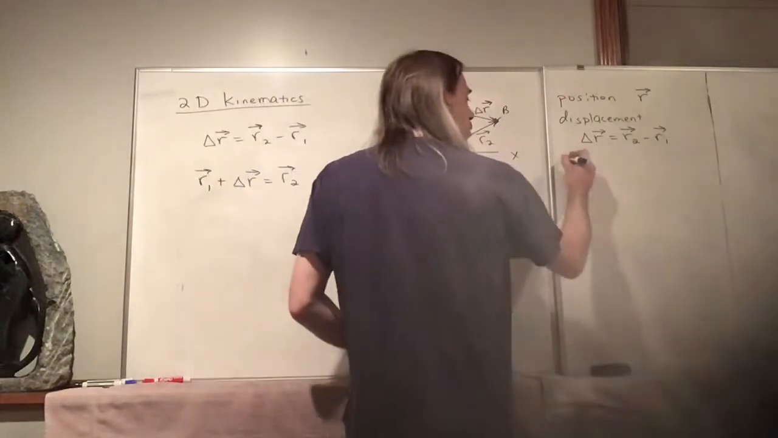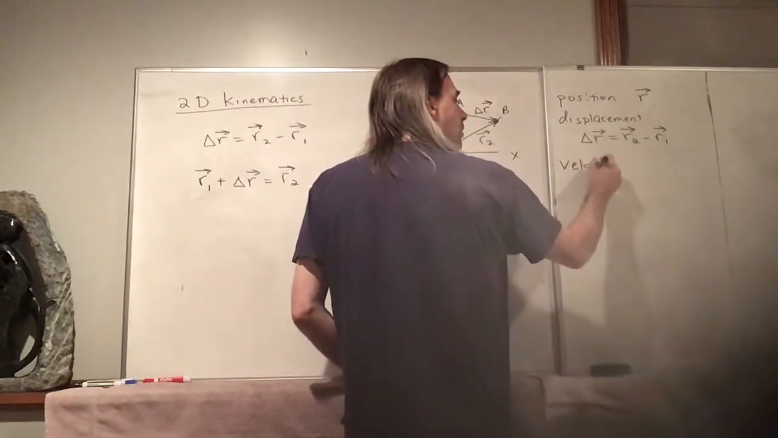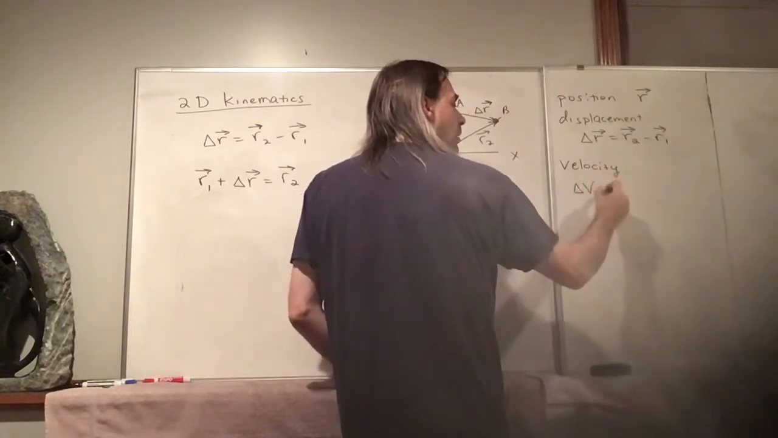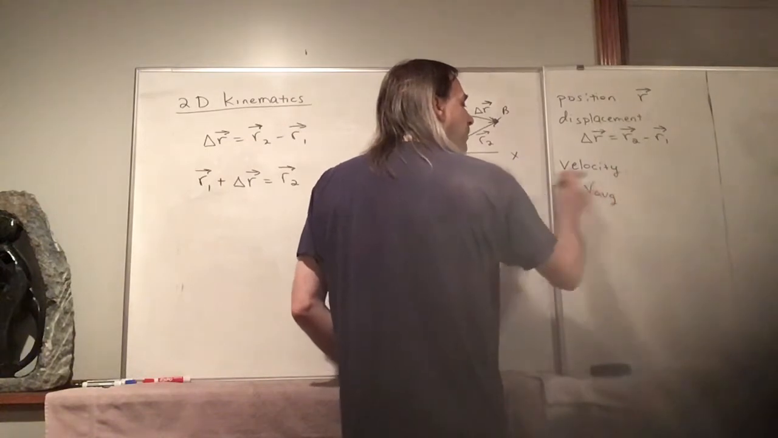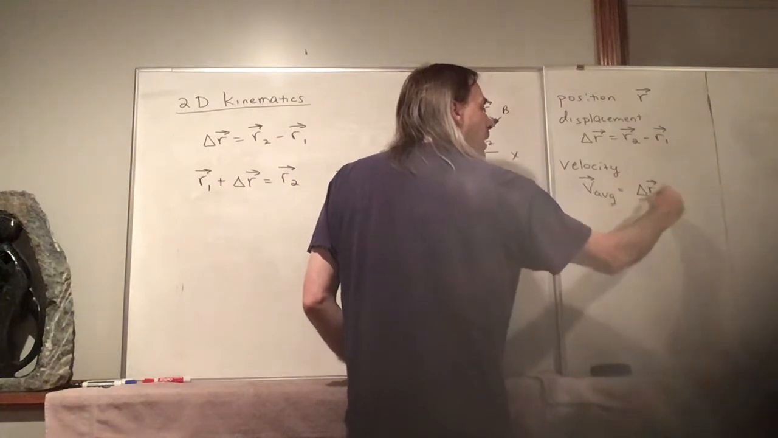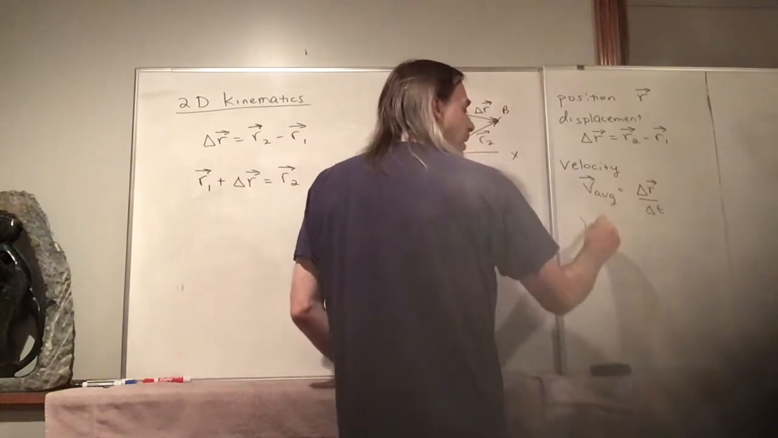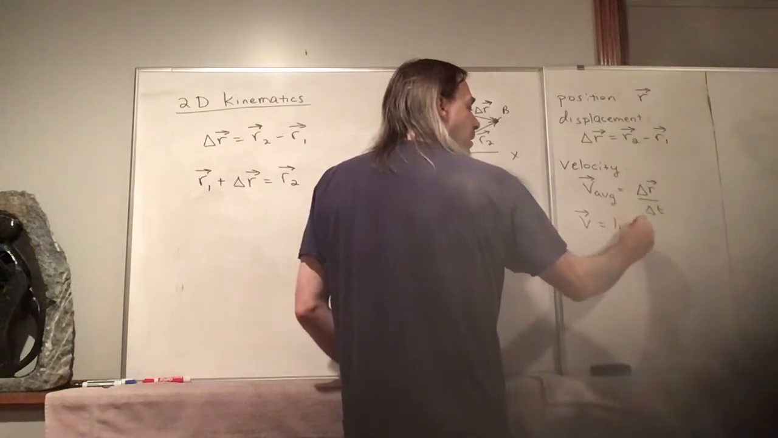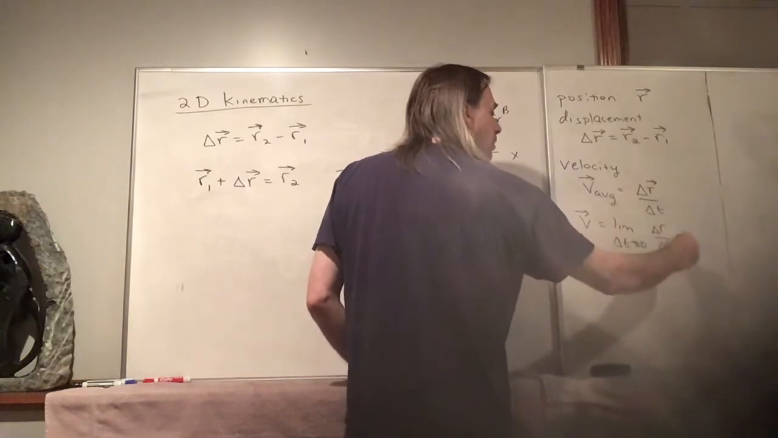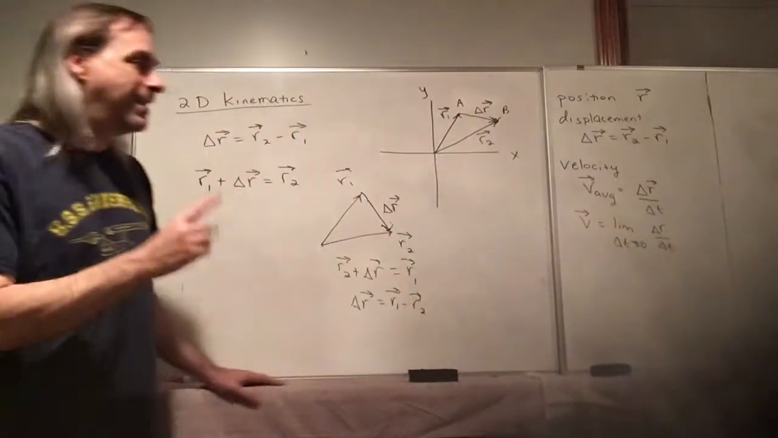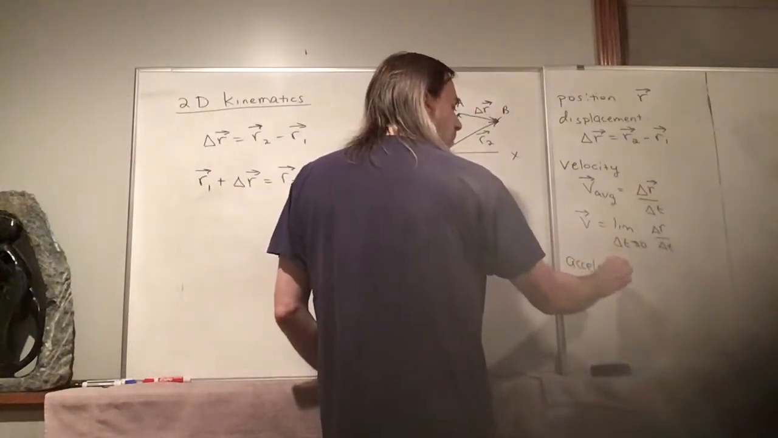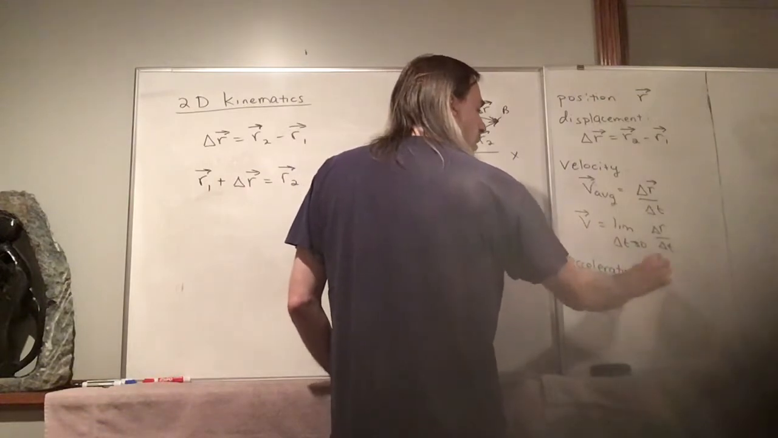And I'm going to make this a little shorter than in chapter 2. So for velocity, V average is just displacement over time, and the instantaneous velocity we take this limit that delta t goes to 0. And then acceleration, kind of same deal. So A